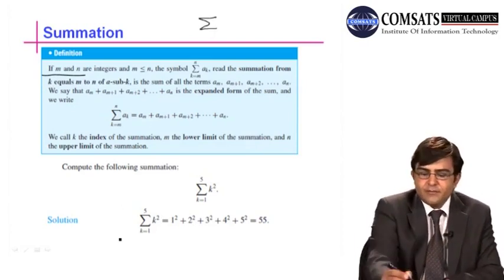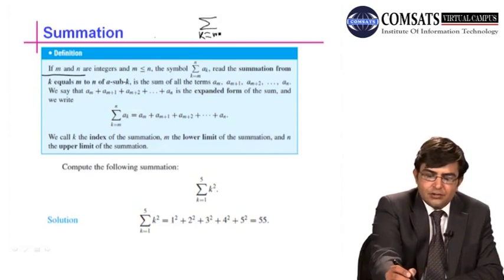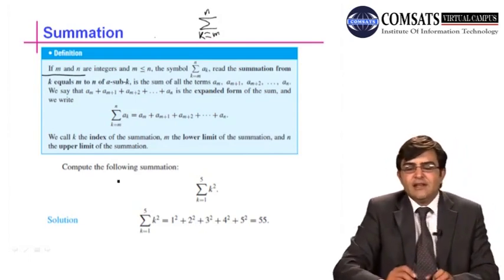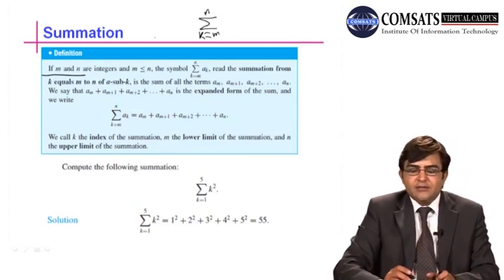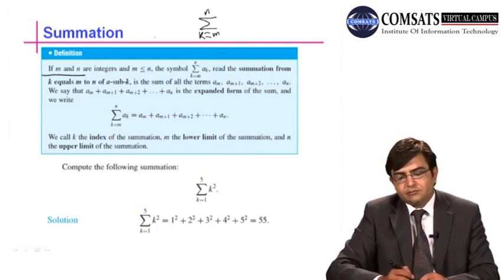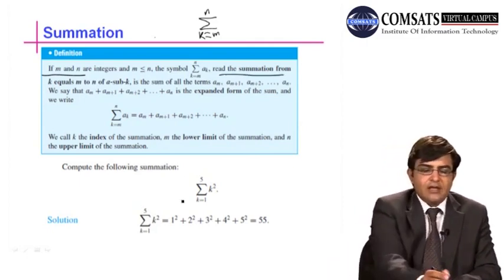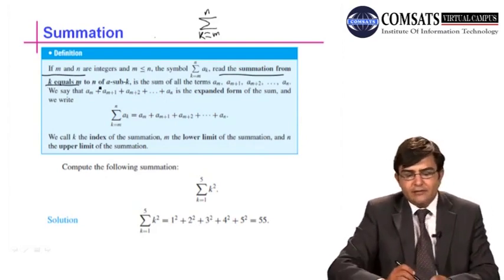It is called sigma, and we write the variation of the index starting from below, k from m to n. It means that the terms of the sequence from m to n are added up. So this is read as summation from k equals m to n